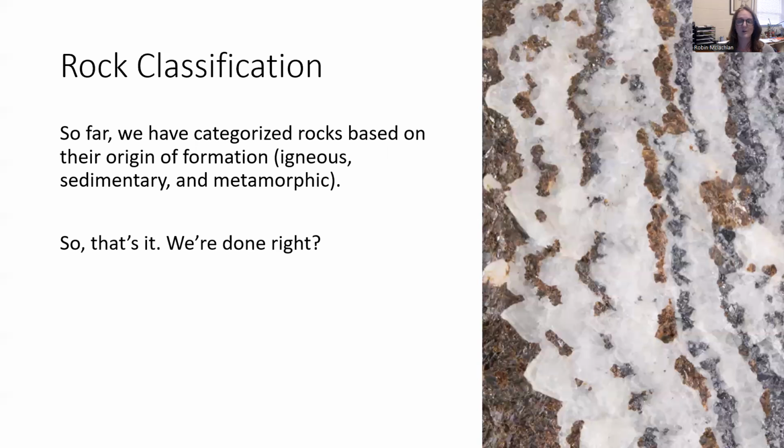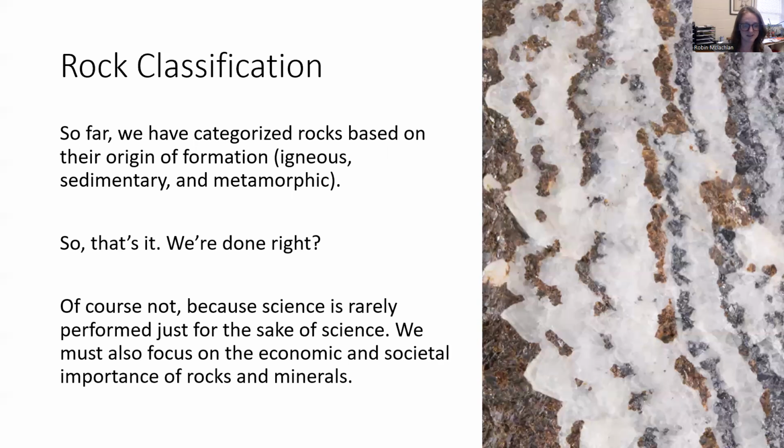So up until this point, we have classified rocks and minerals based on how they formed, either igneous, sedimentary, or metamorphic, right? And that's probably how you've done it all the way through your schooling. So that's it. We're done, right? Well, that doesn't include how each of these materials impacts us as humans, right? So we're not just looking at these for the sake of science, we're looking at these materials for the sake of their economic and societal importance, which we've been talking about all along, but we're really going to focus on